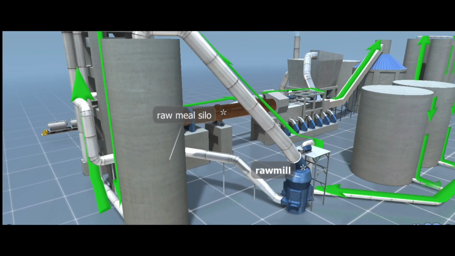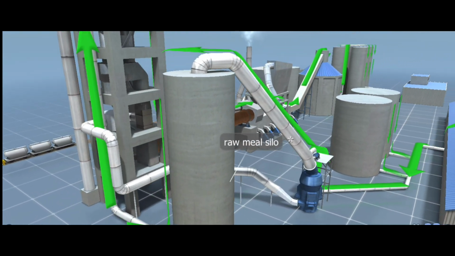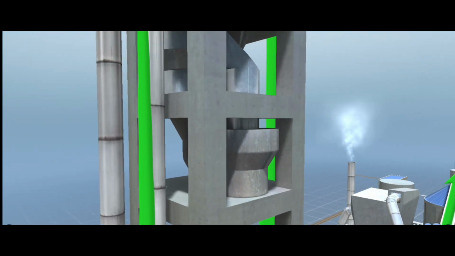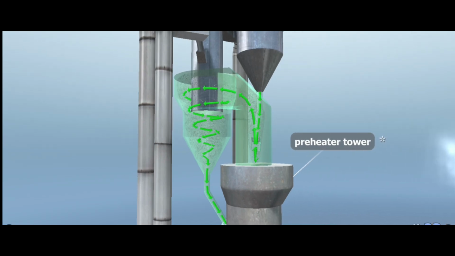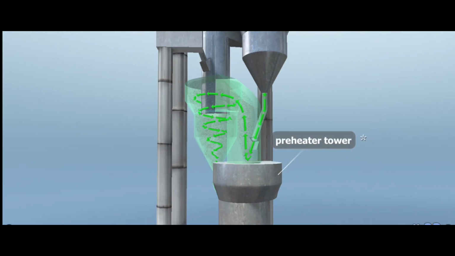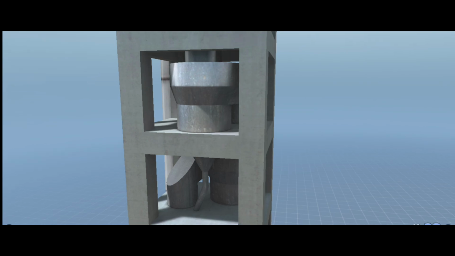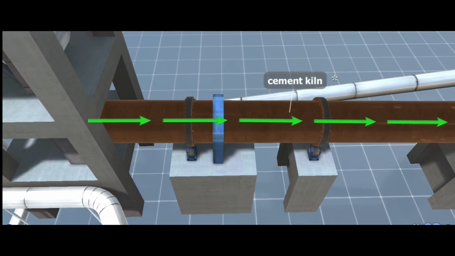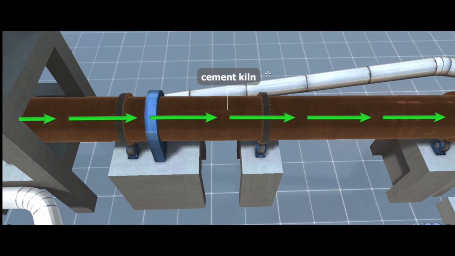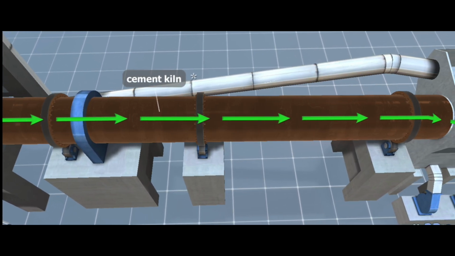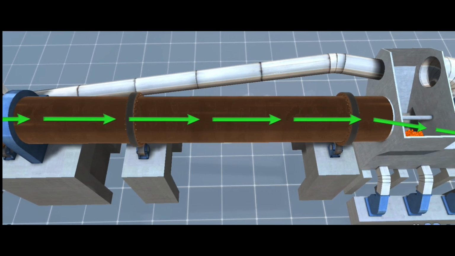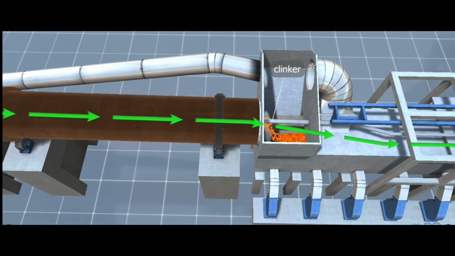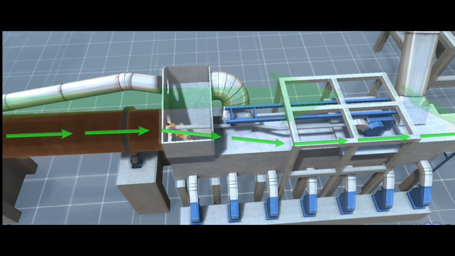The second stage of the cement manufacturing process is the production of clinker. Raw meal is fed into a heat exchanger preheater system, where chemical processes start to take place. Then it is transferred to a rotary kiln, where it is heated at an even higher temperature. This process produces clinker minerals, which make up cement. During the process, due to the rotary motion of the cement kiln, the materials aggregate into lumps or nodules known as clinker. Clinker then falls out of the kiln into the cooler, where it is rapidly cooled and then stored